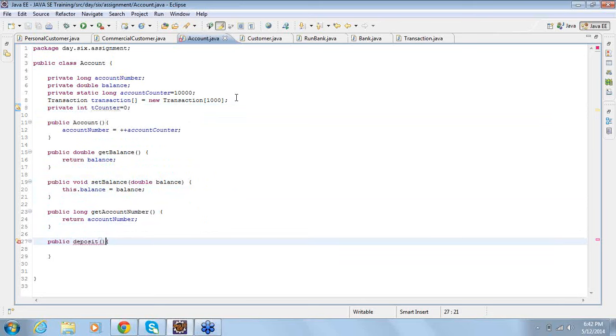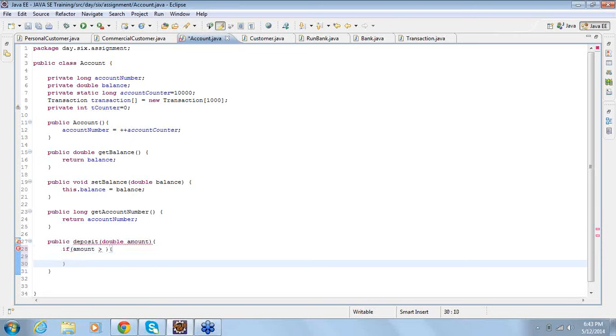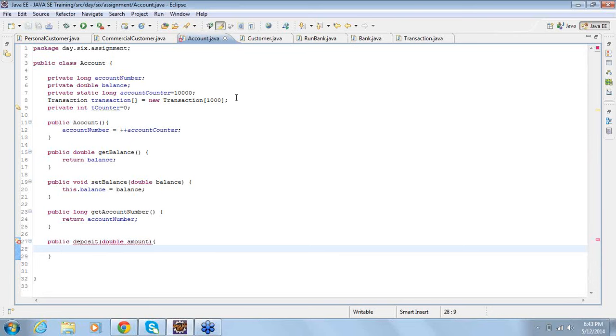So when somebody asks you to deposit, they have to pass an amount. And here I'm doing the check. If you want to deposit, first you need to ensure the amount is greater than, okay, I think these kinds of checks we can do there itself. Before we call, we can check.